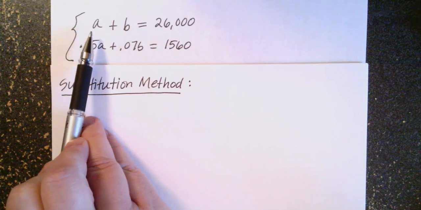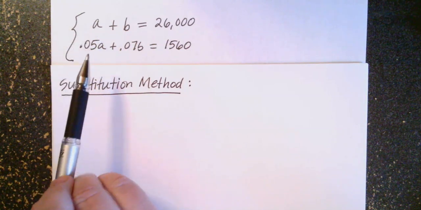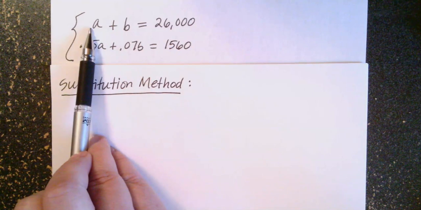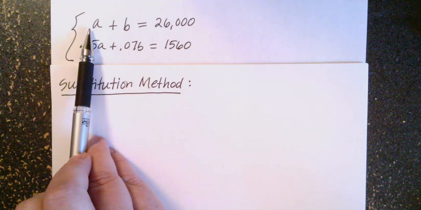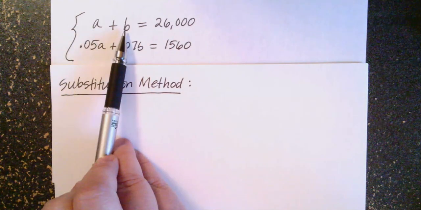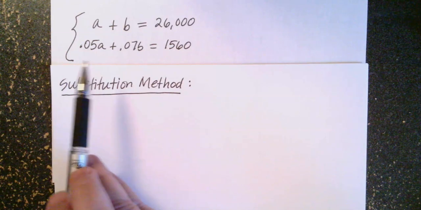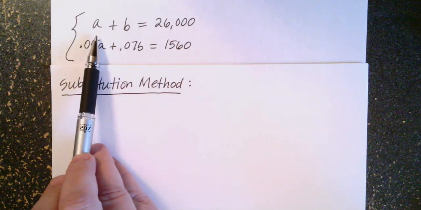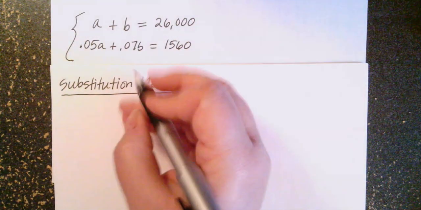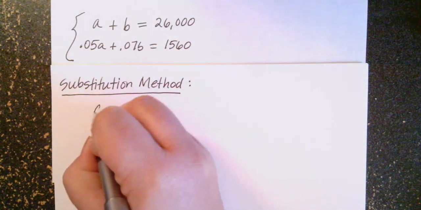The easiest variable to get alone will always be one that doesn't have a coefficient other than 1. This is 1a, this is 1b. I wouldn't want to try to get this one alone because then I'd have to divide by 0.05. You could do it, but it's just a little bit more messy. So trying to get alone a variable that has nothing but a 1 in front of it is generally the easiest. So I'm going to take that first equation